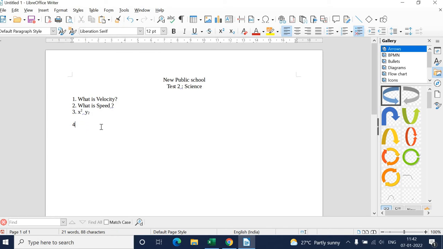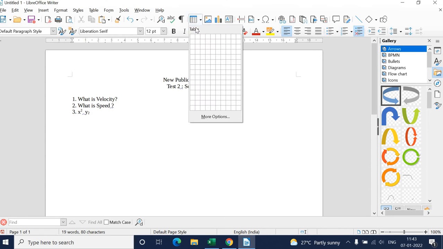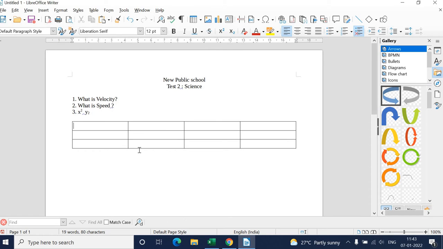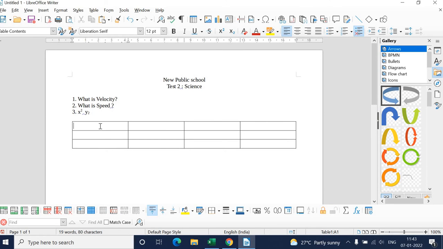Sometimes when you're creating a question paper, you find it very necessary to add tables. How to insert a table? Here there is the option to insert a table, and it is very handy, teachers. You can select this table. You can select n number of columns and n number of rows according to your requirement. I'll select like this, and you can type like x, y. You can type capital, and you can place it center also. Select the cells, and you can place it center.